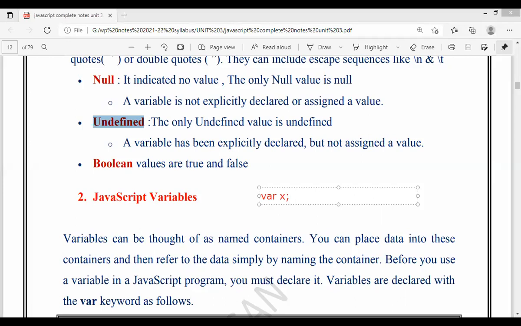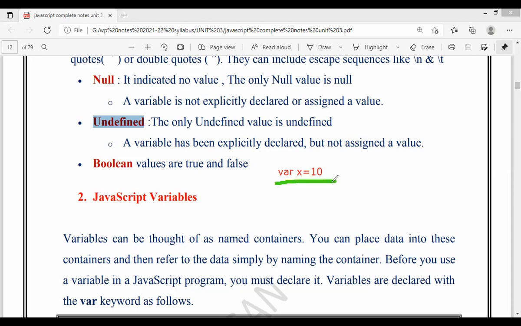If I take var x, it means the type of x is not decided, it is undefined. If I take x equals 10, it will become an integer, students. So var is also a data type in JavaScript. We use var when we don't know what type of data we are going to store, so at that time we take var x.